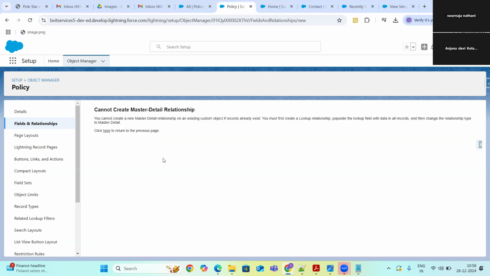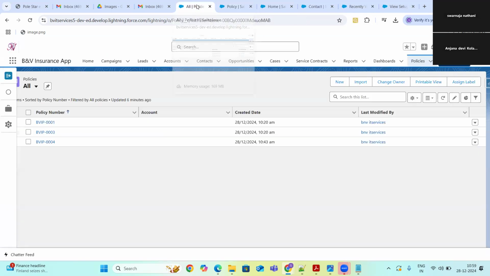Click on save. See, this is the error that came again. So this is our first statement: you cannot create a master detail relationship field on an existing object if your records already exist. So your policies has 3 records. If there is already some data on your object, then you cannot create the master detail relationship.